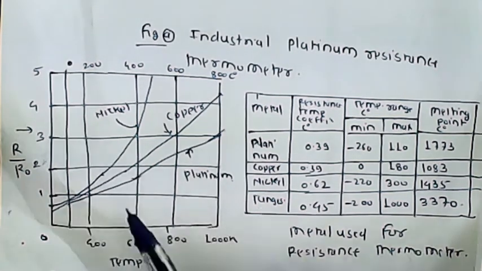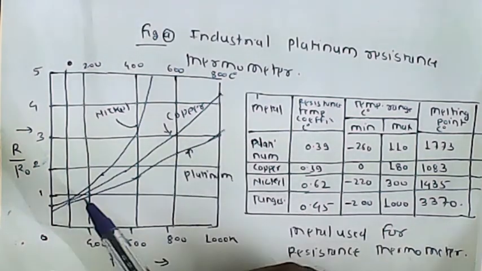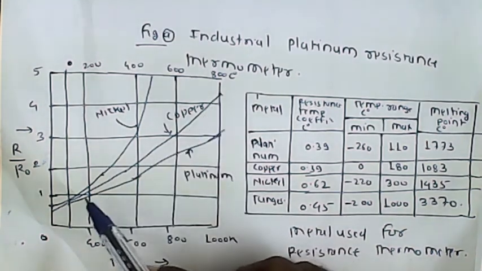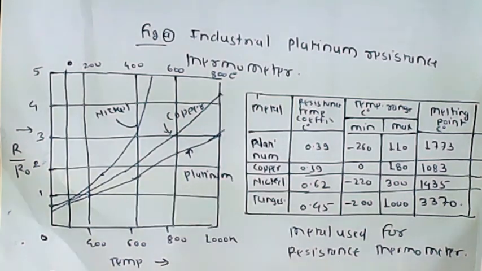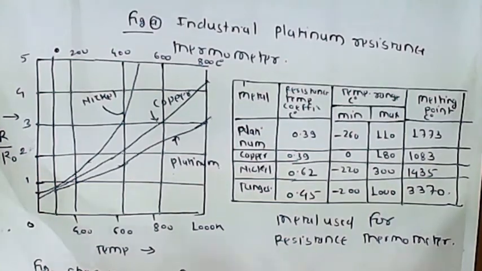So here the y-axis is the resistance and the x-axis is the temperature. This graph illustrates which type of material will be used. So here we can see copper, nickel and platinum, which are the most commonly used materials for the construction of the RTD. And there we can also see the metals used for the resistance in terms of their resistance coefficient, temperature range, minimum, maximum, and so on, including platinum.